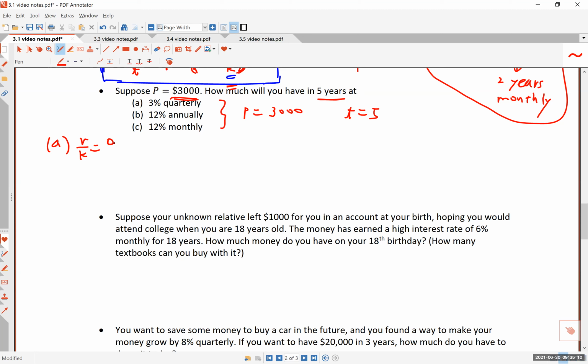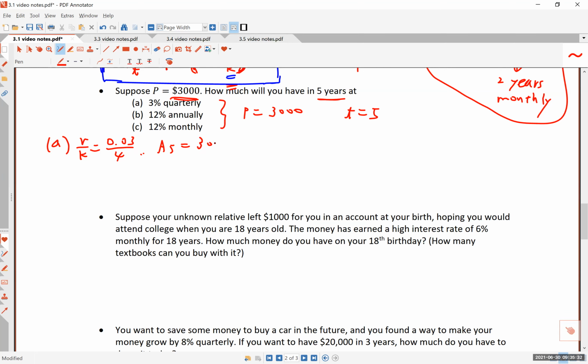What's R over K? It's 0.03 divided by 4. Okay, and you don't really have to know what that number is. We will embed that in our calculation. A5 is going to be, maybe I should write it. Let me go ahead and write this over here. All right, so A5 is